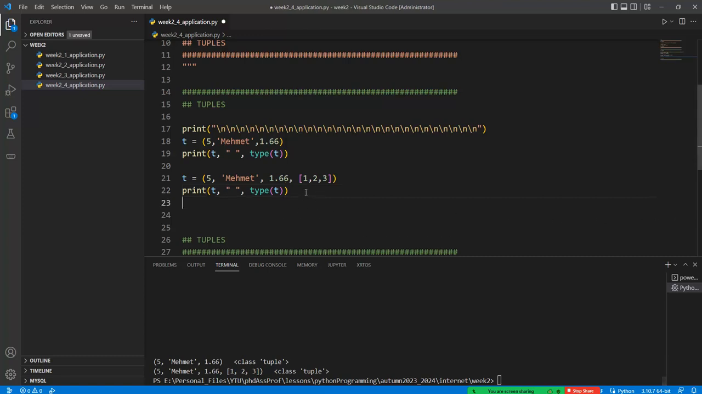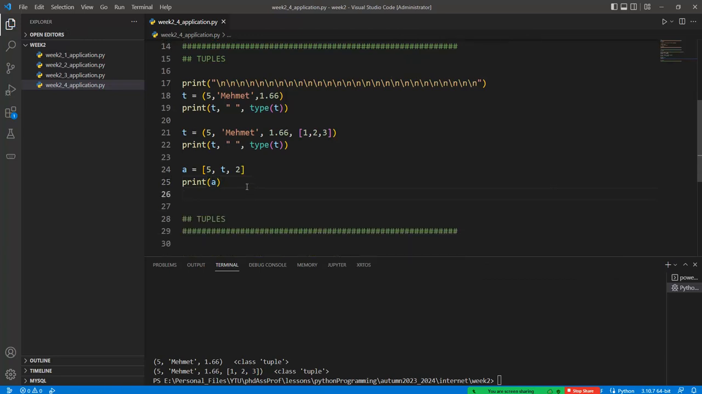for example, if we have any data like this one, 5, t and 2 within a list, the list can also have the t variable, the tuple variable. Okay, there is no restriction on defining one data structure inside another one. Okay, it can contain a tuple or another list or a string variable or an integer variable. Okay,